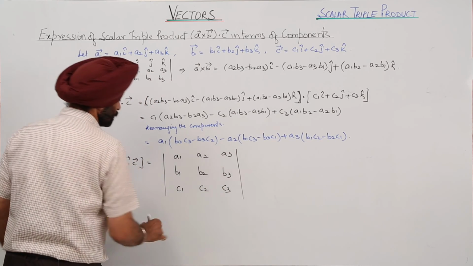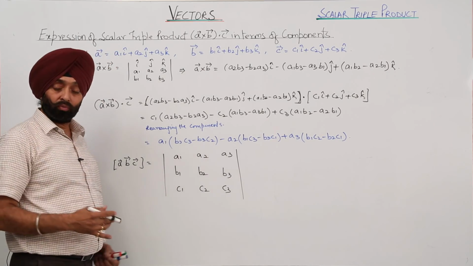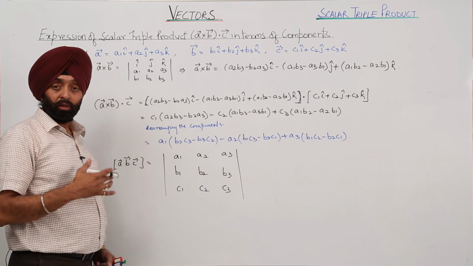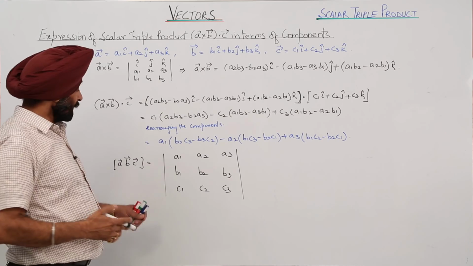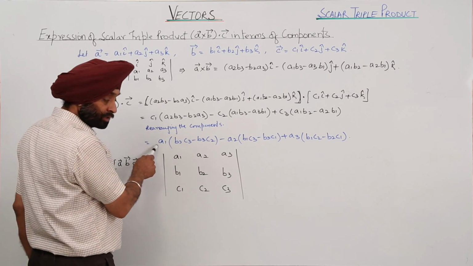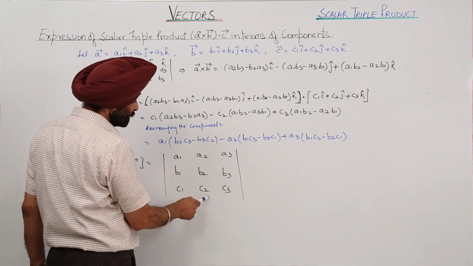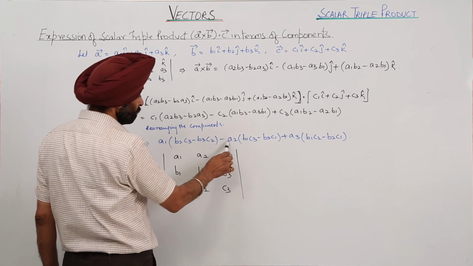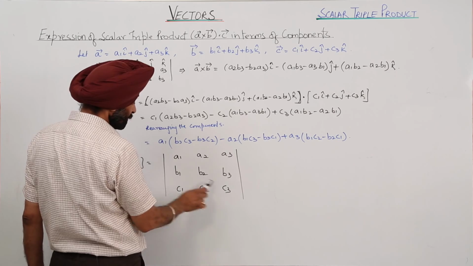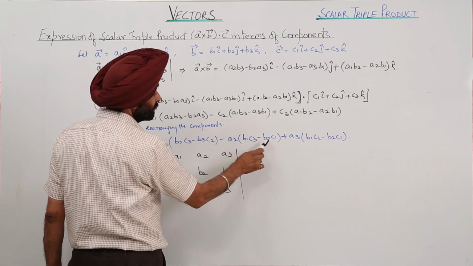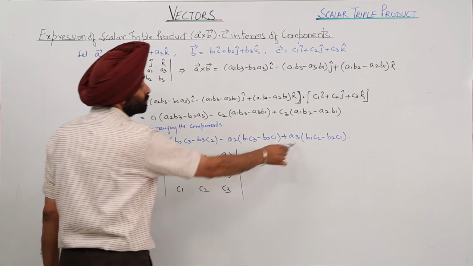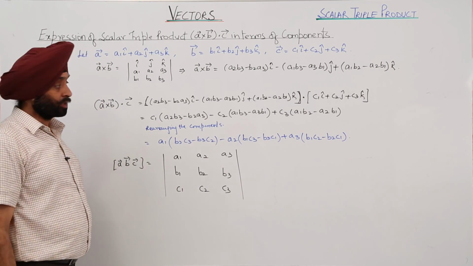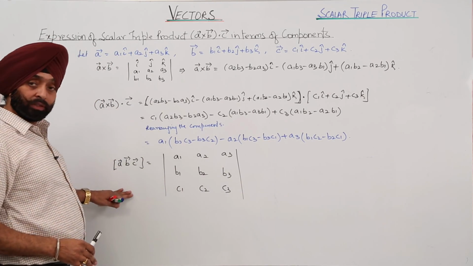So exactly you will be getting this when you are evaluating it, expanding it along R1. Then A1 is here in the bracket, B2 C3 minus C2 B3, okay, minus A2, then B1 C3 minus B3 C1, like this. So like this we will be getting the determinant. So if we have to solve this one, then we can